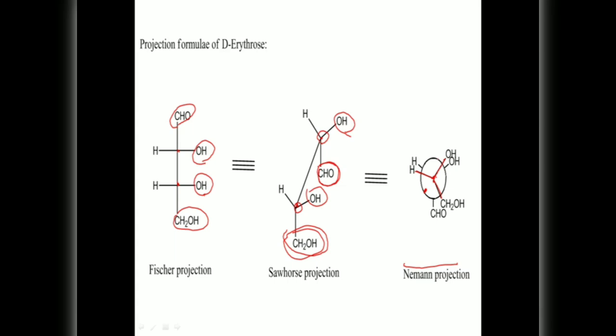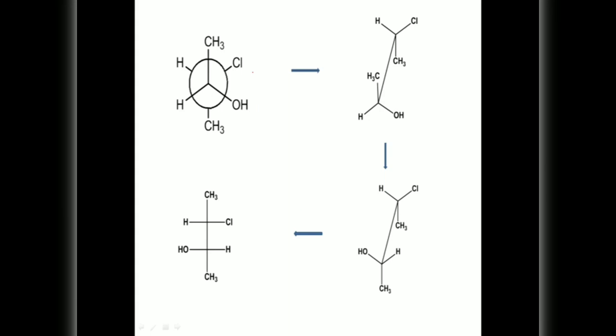So in this case, you remember this one. Here, this is the Newman projection formula. So what is the Sawhorse projection formula for this compound? This is the front carbon in the Newman projection formula, and it is also the front carbon in the Sawhorse projection formula. To this front carbon, methyl, OH and H are added, and to the rear carbon, Cl, hydrogen and CH3.